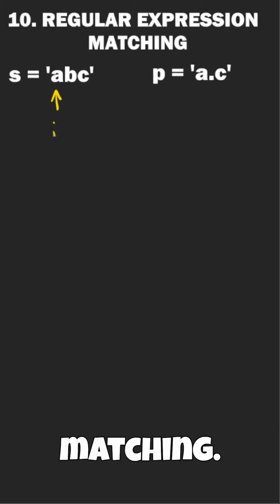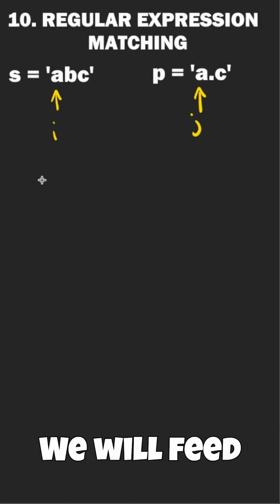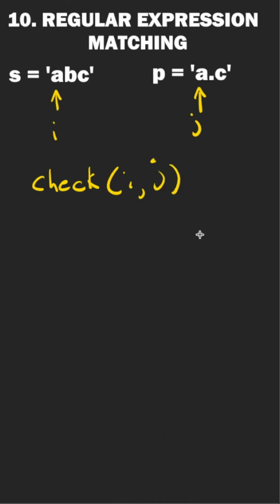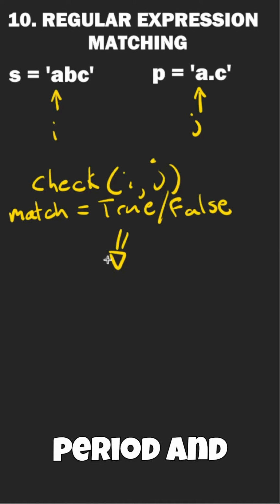LeetCode 10, regular expression matching. We're going to use one pointer for each string. We will feed these pointers into a recursive method called check. First, we'll check if the pointers match or if j is a period and store it as a variable for